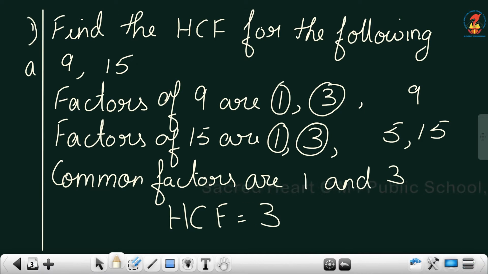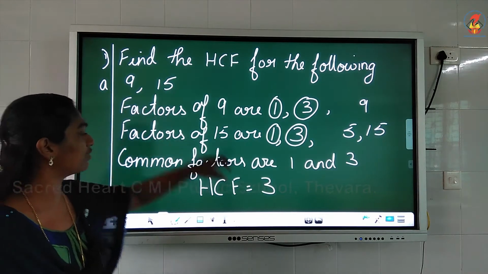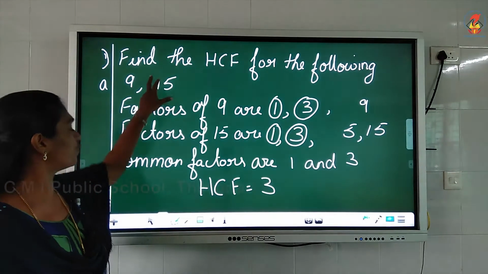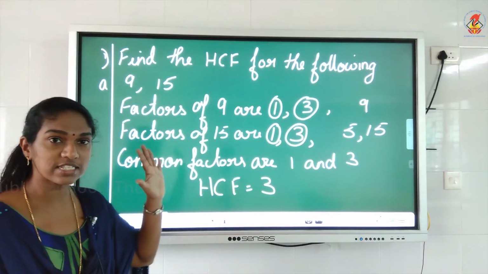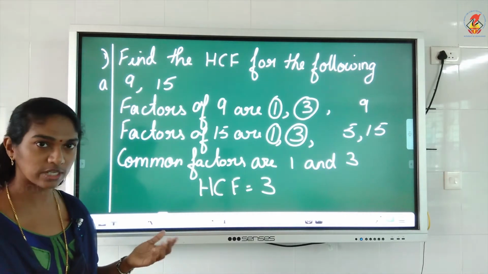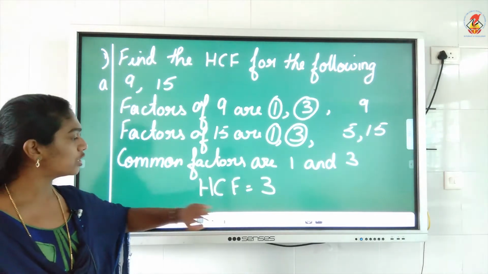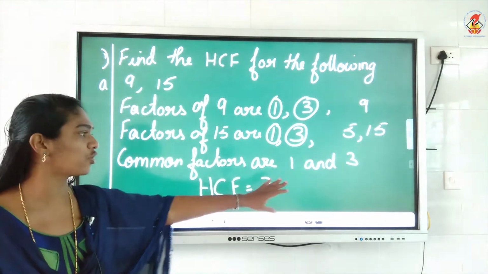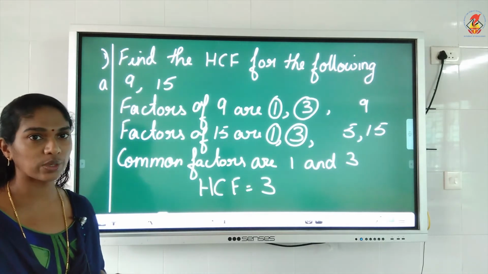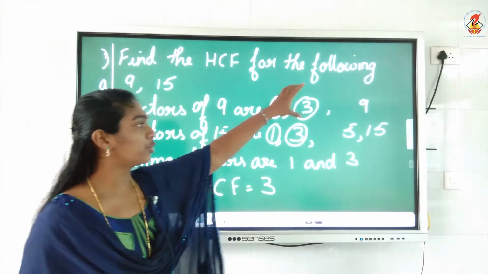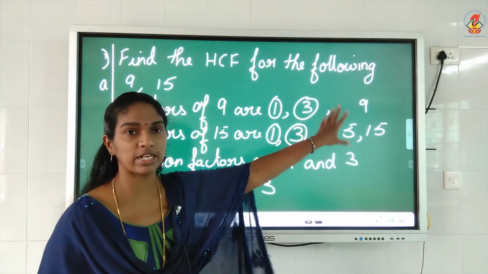Okay. So, what was the definition of highest common factor? It is a number that divides both the numbers without leaving a remainder. You divide 9 by 3, what do you get? Answer is 3 and the remainder is 0. You divide 15 by 3, what do you get? Answer is 5, remainder is 0. Understood? So, this is how we found HCF. You know how to find till common factors, so you will find HCF. HCF means the highest of all the common factors. Okay, children? Only thing, if you are finding it difficult to write the factors like this, you can do it in the working column and you will write that statement here. Okay.